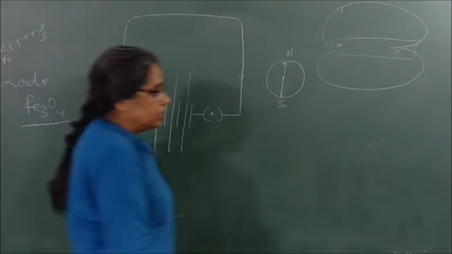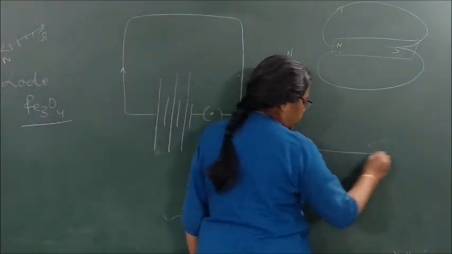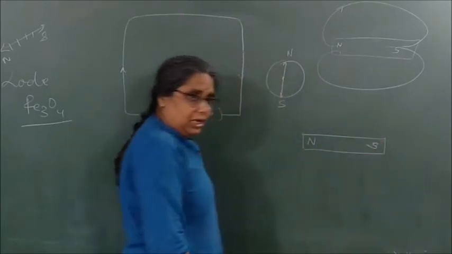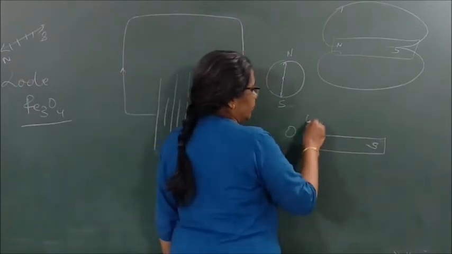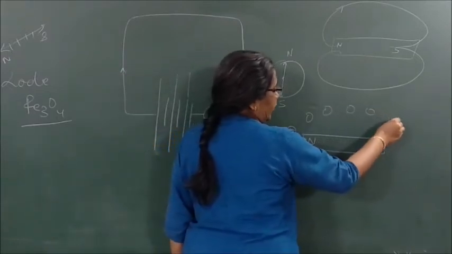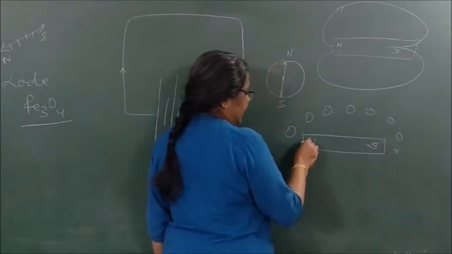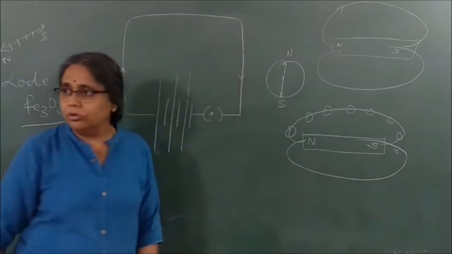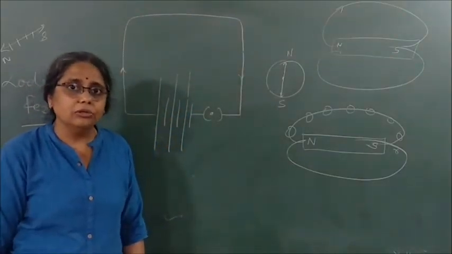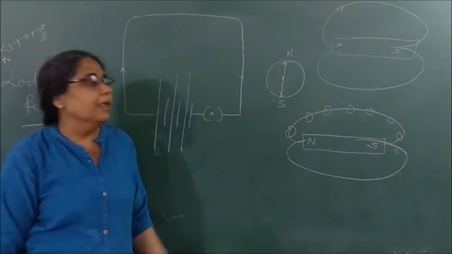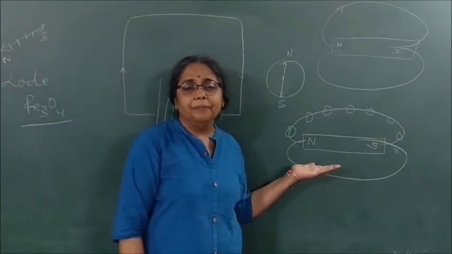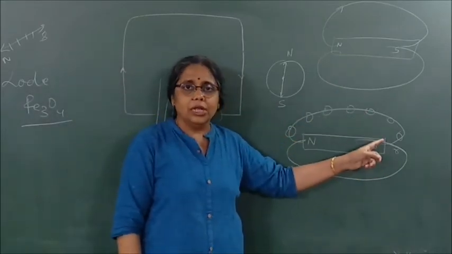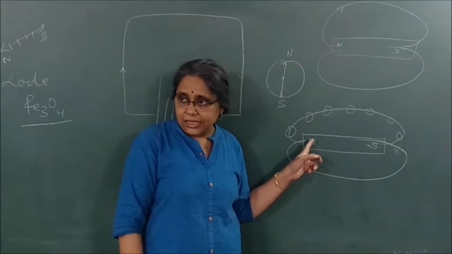Or take a cardboard, stick it on a drawing board, place the magnet with its north and south pole and bring the compass which keeps on telling the north pole. When you do that, you keep marking it and then you find that they are in the form of concentric circles moving from north to south outside the magnet and south to north inside the magnet.